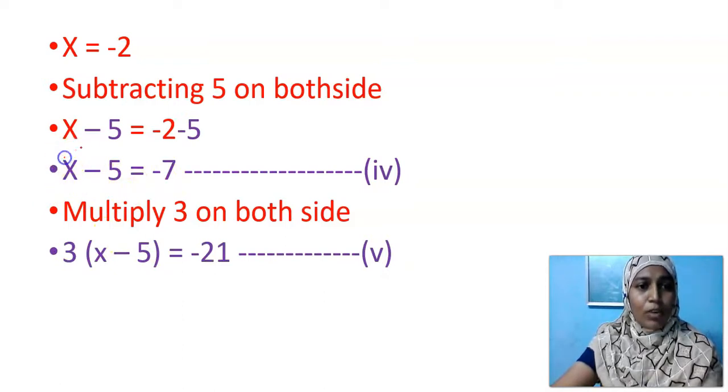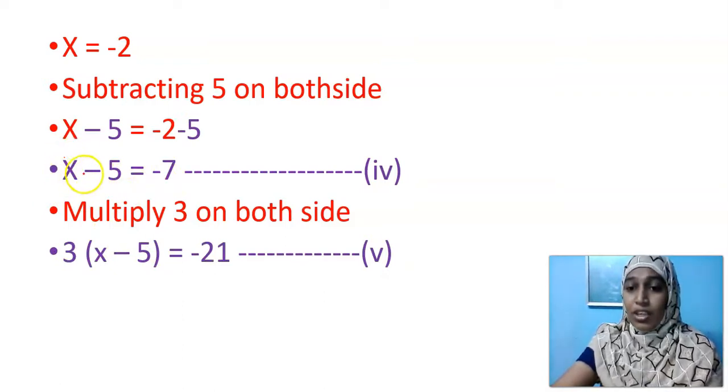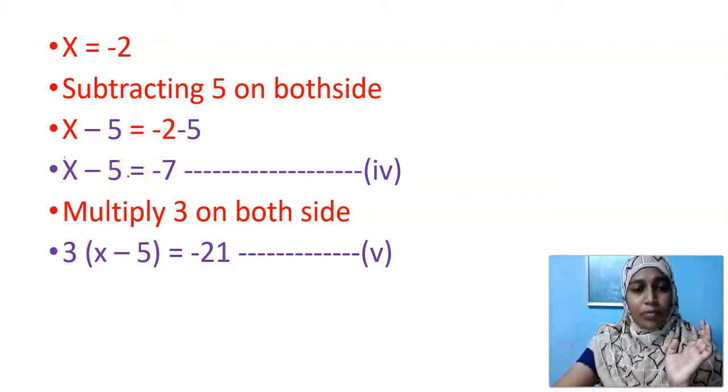See, if I have to multiply, don't write 3x. It means you are multiplying 3 only with x, and you have left this 5 without considering. And it will be a partiality for RHS and LHS. So, make it a point to put brackets while you multiply. And 7 3s are 21.